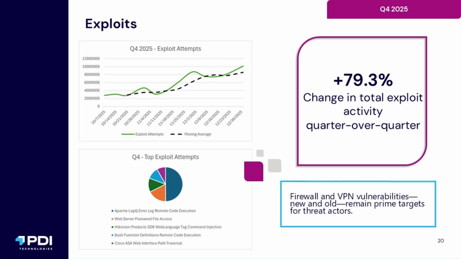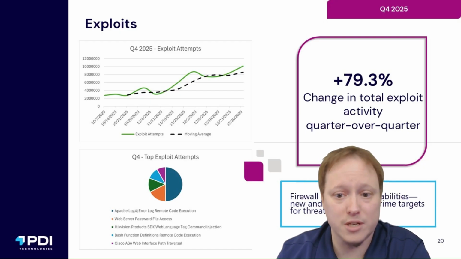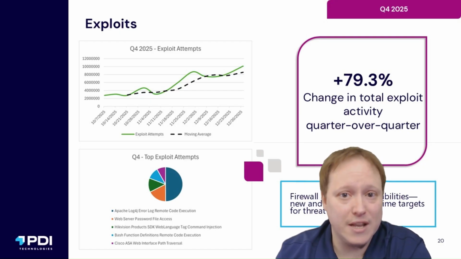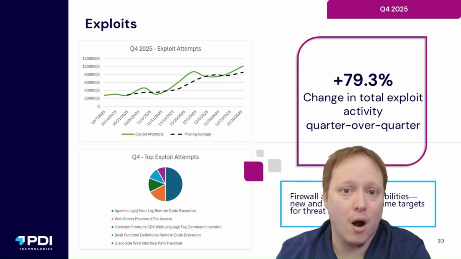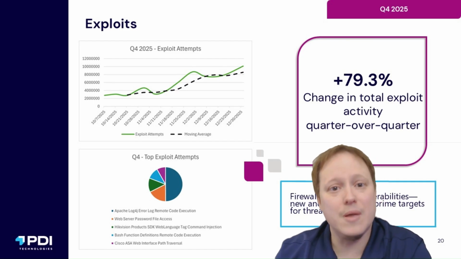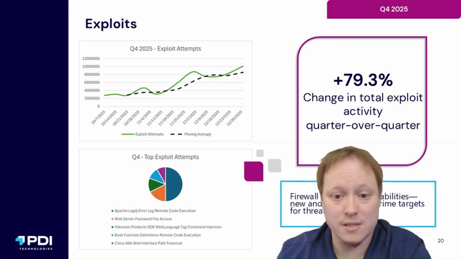So with that, we witnessed almost an 80% increase in exploit activity when we compare that to Q3. Like I said, old vulnerabilities are still very much targeted, and new ones are also very focused on quickly as well. A lot of this activity is becoming fully automated. As we see advances in AI, it's lowering that technical bar that's needed for these criminals to come in and learn how to take advantage of these vulnerabilities.